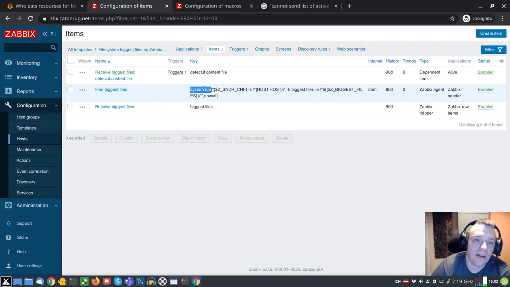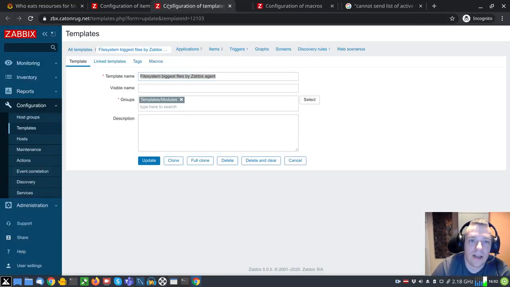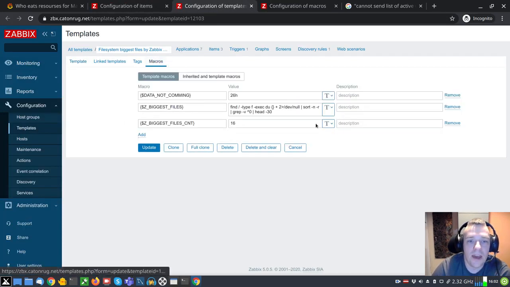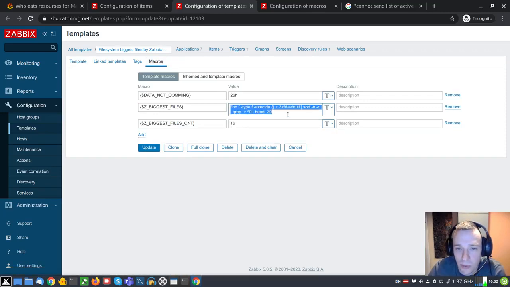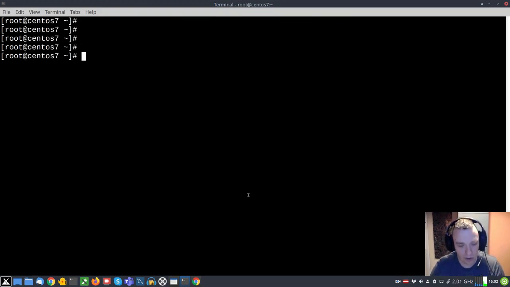And this command is installed also in the template level as a macro. Here, the reason why everything works is because we have this command, which will scan the file system. And I will just show how it works. Just measure